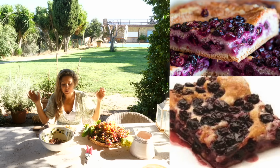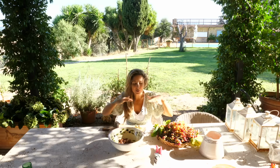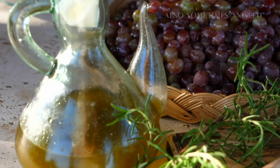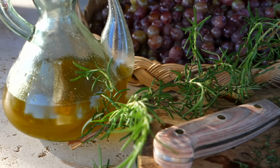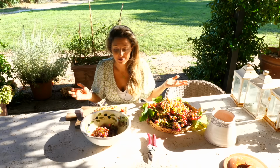And if you have the 2 layers, you sort of get a jammy layer, like a layer of grape marmalade in between, and then on top the roasted grapes, and then you have some olive oil on top, and sometimes some rosemary. All of those flavors, the olive oil, rosemary, and grapes, are so simple and so rustic, and you can really feel transported to 100 years ago when, well, they still do it now,